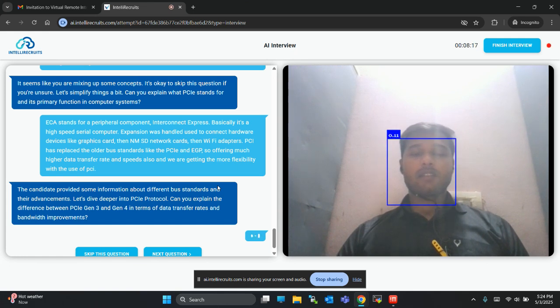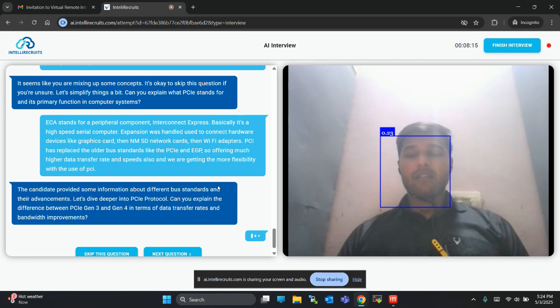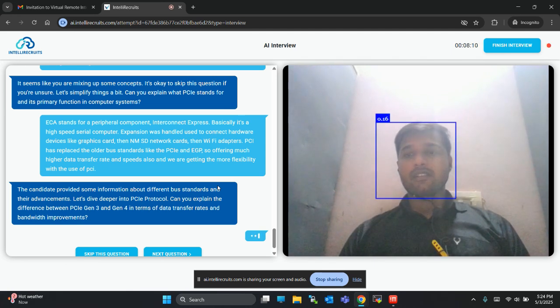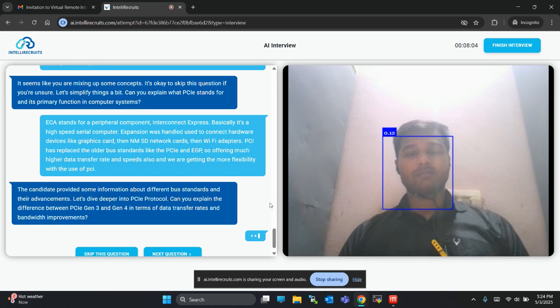PCI 3 and PCI 4, the bandwidth is around 16 GB per second in PCI 3, and in PCI 4 the bandwidth is 32 GB per second approx. Then data transfer rate is 8 giga, 8 giga